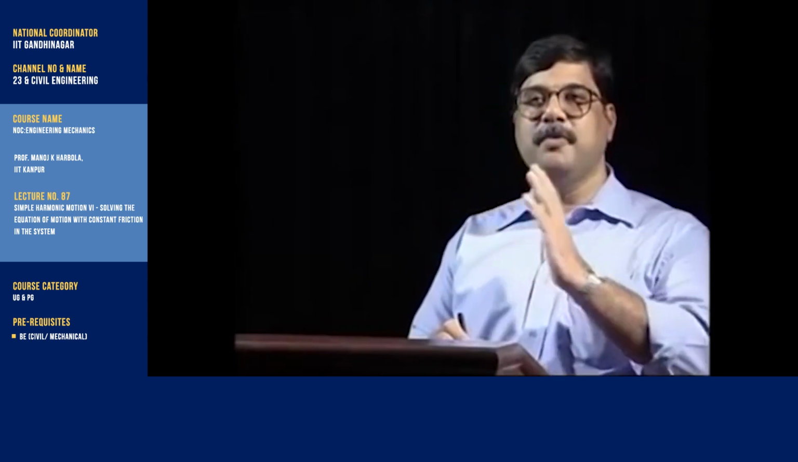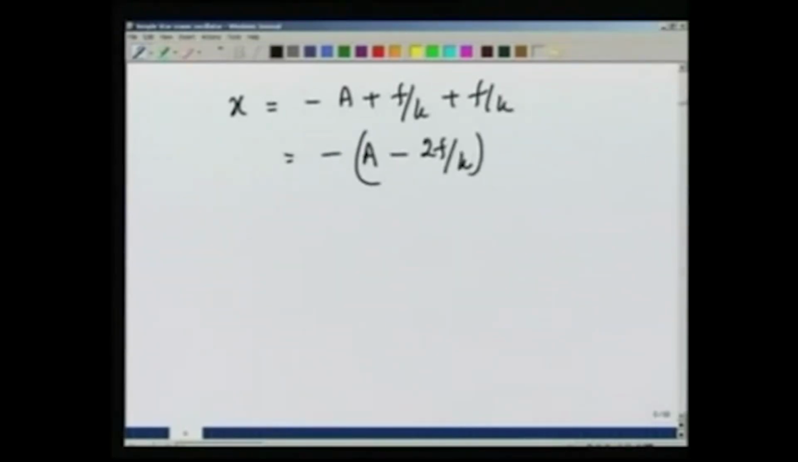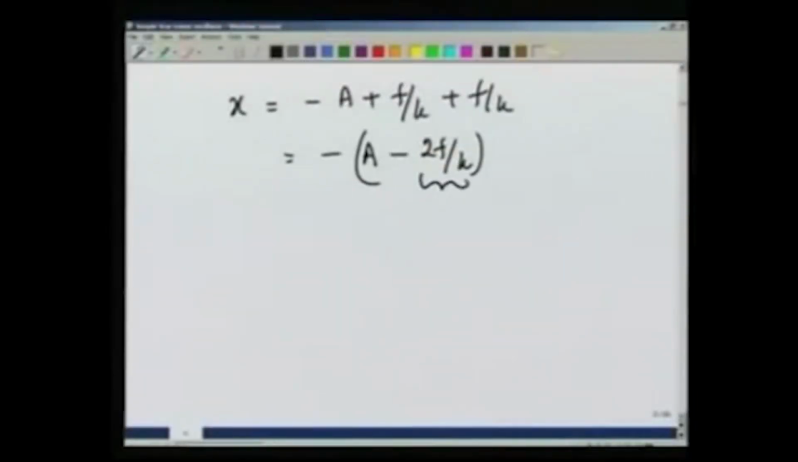So, after the block started moving left, when it came to a stop, it stopped at x equals minus a plus f over k plus f over k, which is minus a minus 2f over k. So, when the frictional force F is present, by the time it stops for the first time, the block has lost an amplitude of the amount 2f over k. When it goes back, it will again lose this amount. I can later derive the same thing using energy considerations, but right now let us focus on how the motion